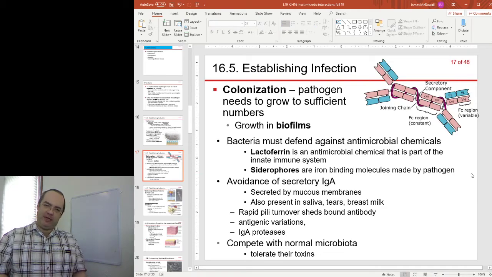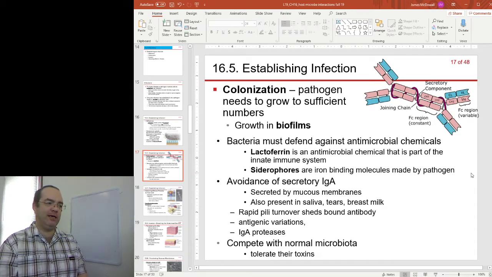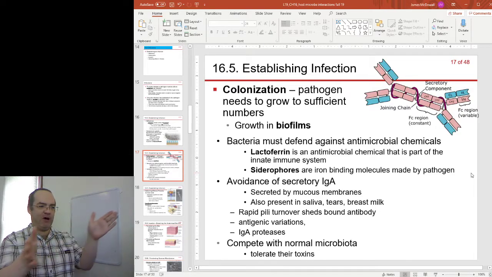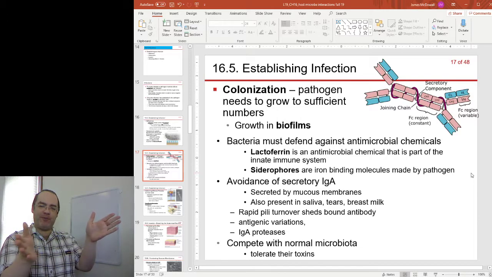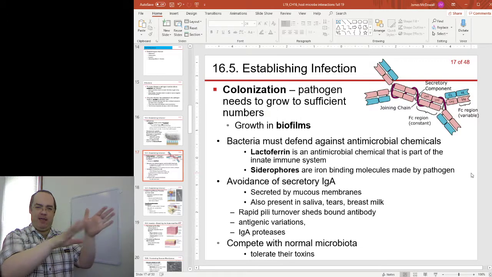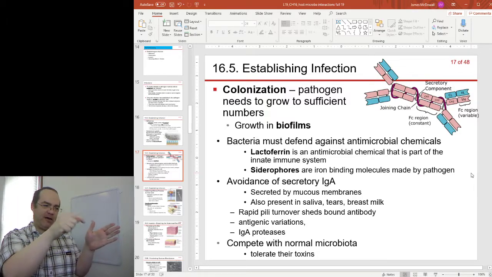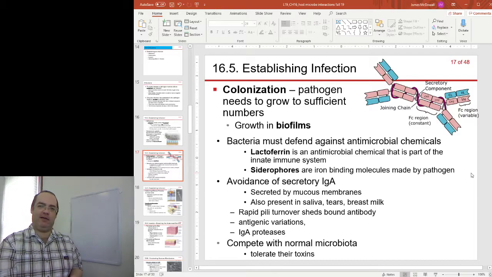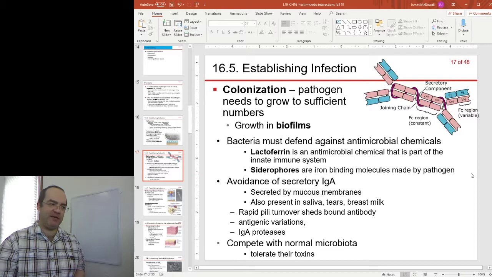This is what we mentioned in terms of antibiotics. Broad spectrum antibiotics can often have long-term nasty side effects because they disrupt the normal microbiota, they kill them off. That leaves these kind of blank spaces on our surfaces, and it's those blank spaces that are kind of prime real estate for many pathogens, particularly opportunistic pathogens.